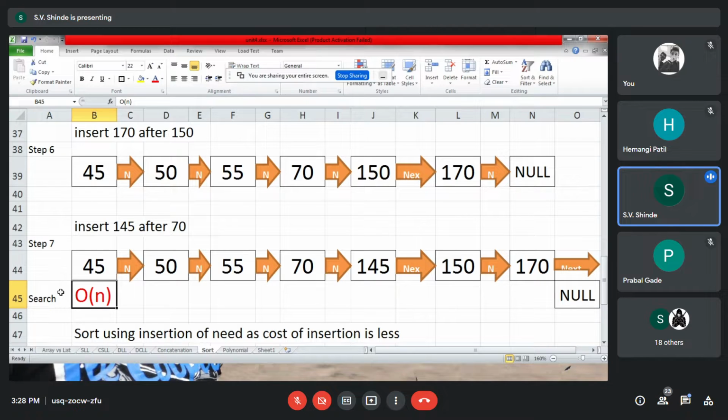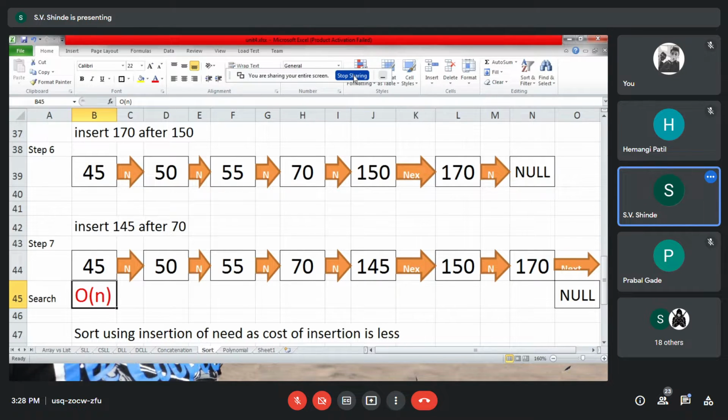Everyone getting the concept that what is the problem over here? The problem is we have to reduce the time for searching in worst case. So let us design it using a better data structure.